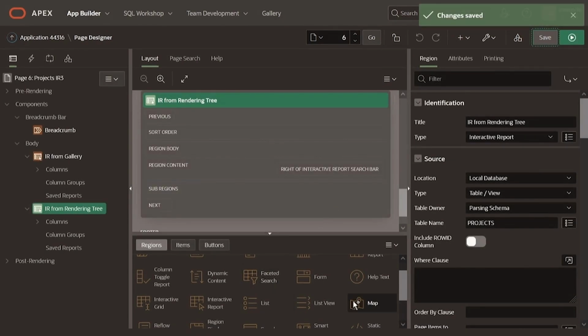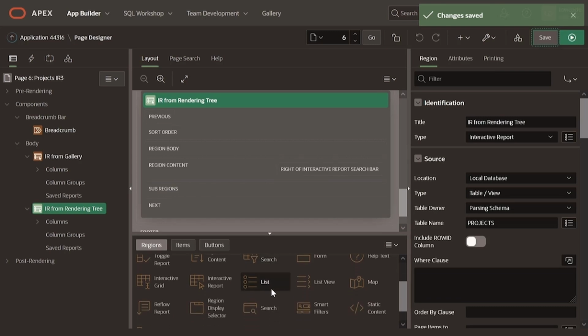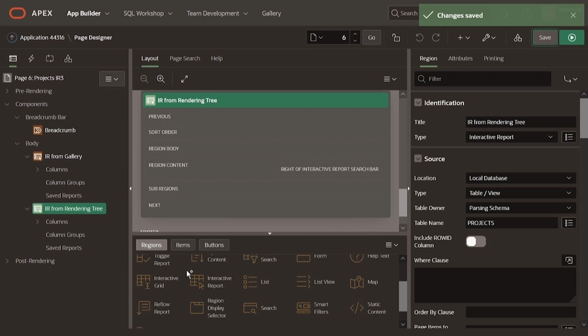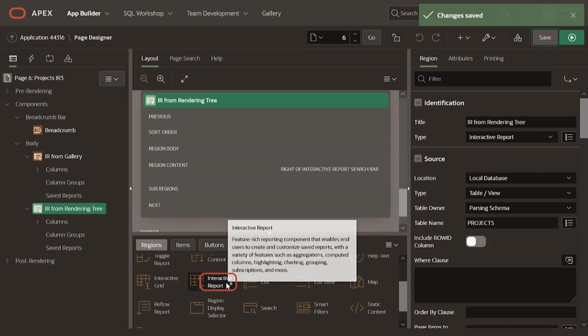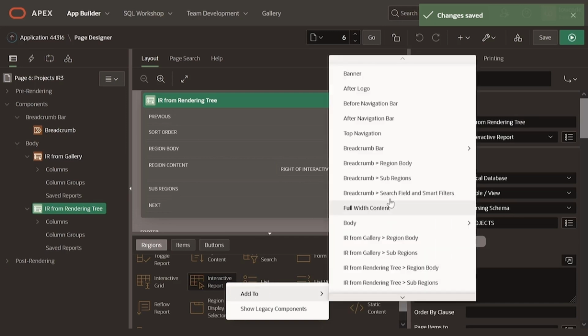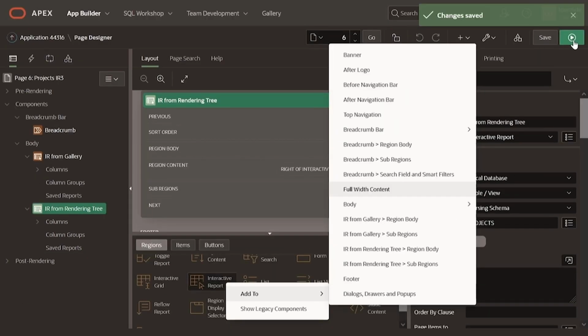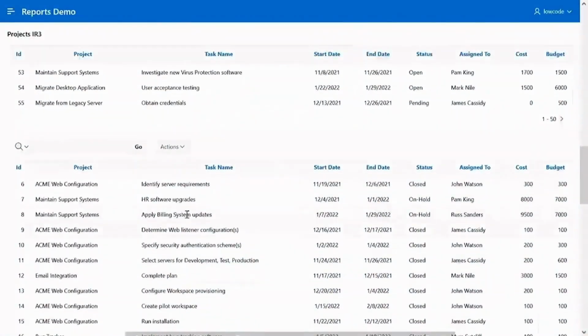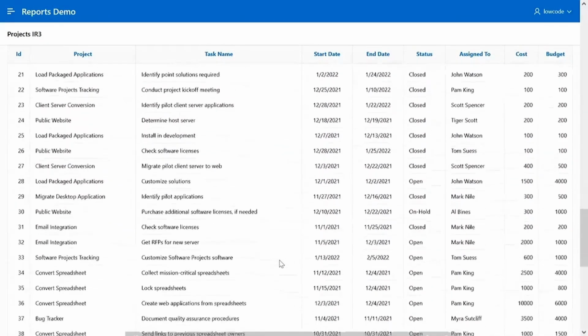You can also add the interactive report from the Gallery menu using the context sensitive menu. In the Gallery tab, under Region, select the region that you want, for example, interactive report. Right click on that and it shows a context sensitive menu. Then you can go to Add to and select the region in the layout where you would want to add the report. Let's run it and you can see the same report that we added